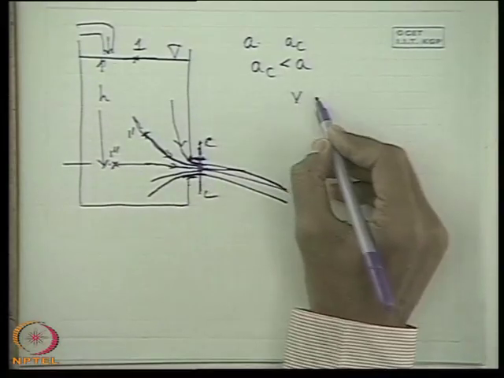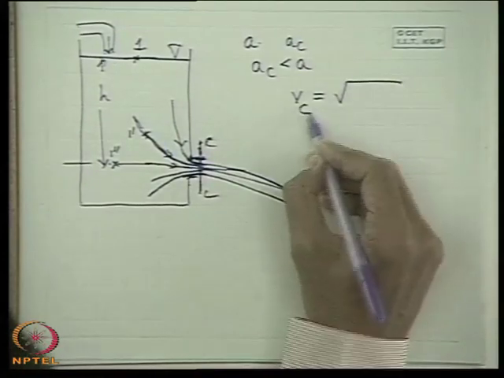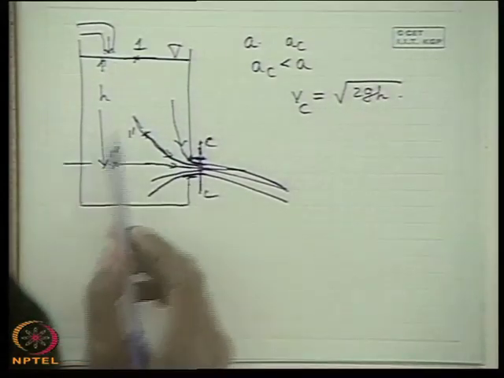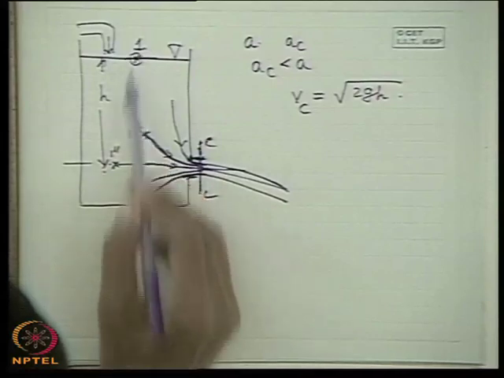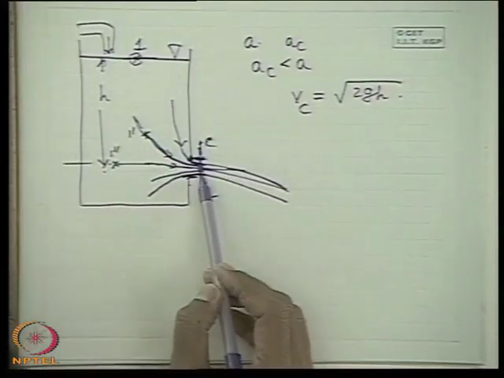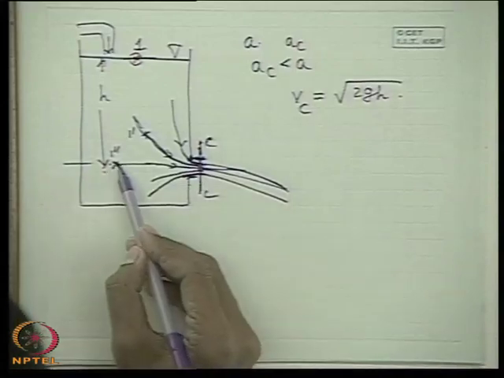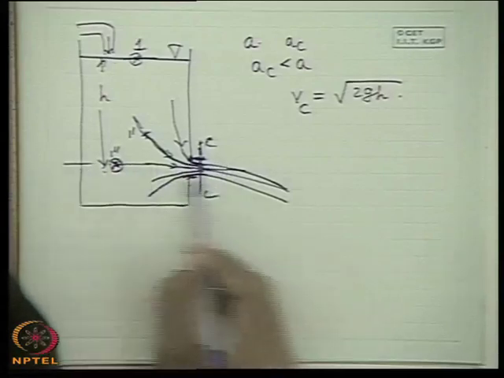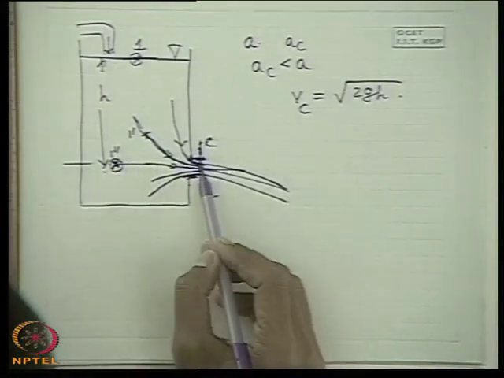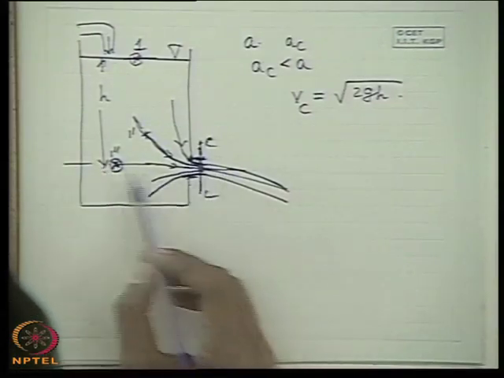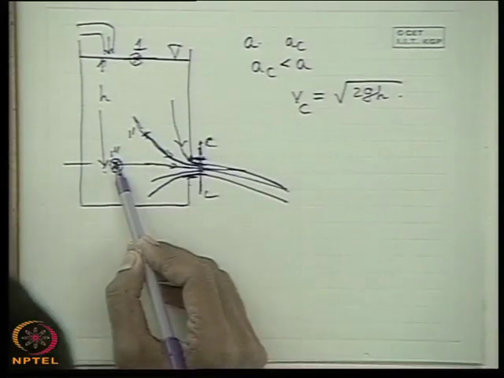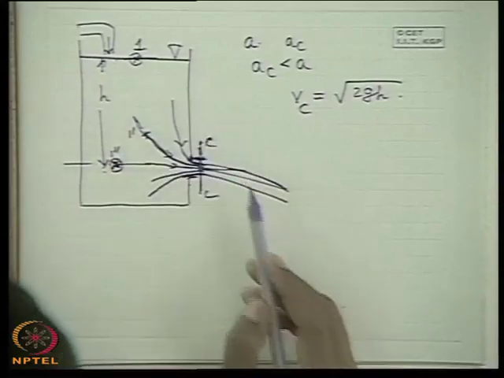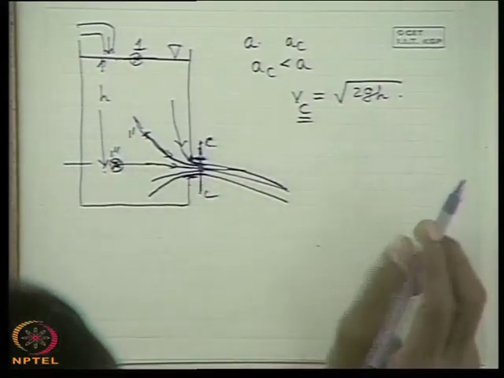We will always get, after using Bernoulli's equation, the velocity of discharge at CC of the jet, that Vc is root over 2gh. Very simple. That means we can say this potential energy compared to point 1 is totally converted into kinetic energy, that is velocity, for an ideal fluid without any loss. If we write this for this and this point, this point has pressure energy, because this point and any point at this CC plane in the orifice are at the same elevation level. Therefore here the energy is in the form of pressure energy because of this height over the point up to the free surface. So this is converted to the velocity. So Vc is equal to root over 2gh.